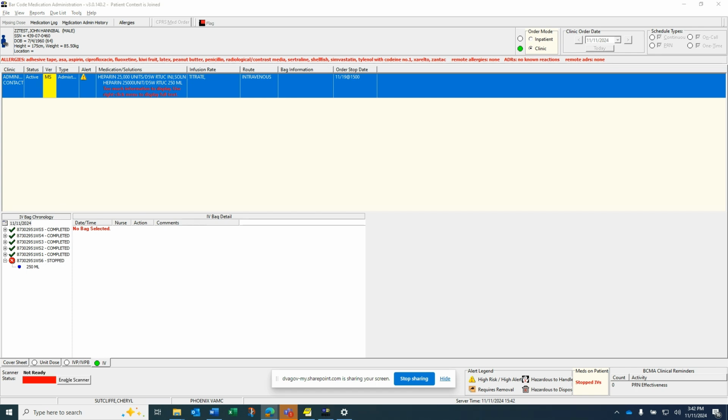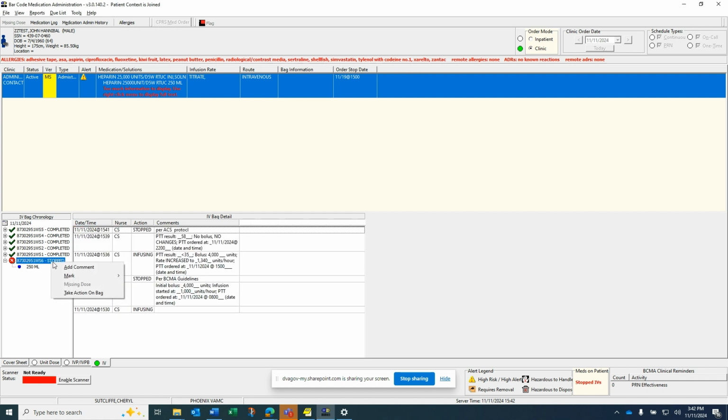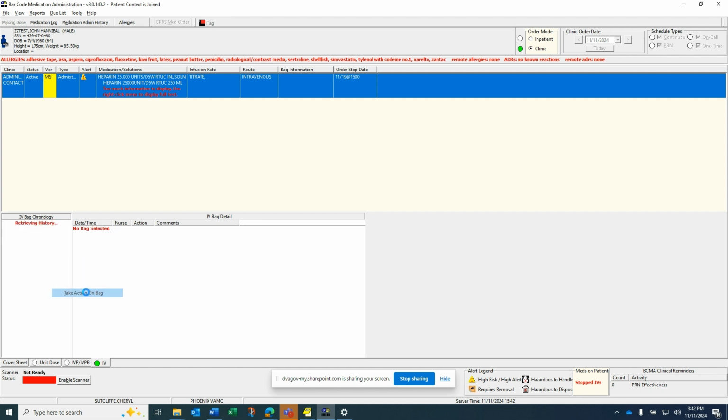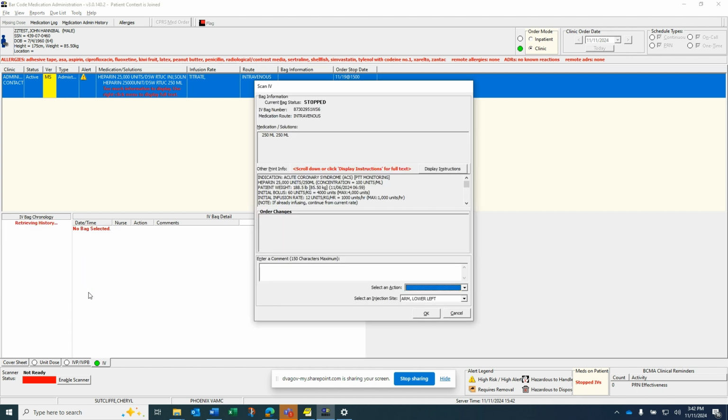Ensure that you stop the Alaris pump for 1 hour and set your timer for an hour. After an hour, restart the heparin drip by going back to the stop bag, right-click, take action on bag, and choose Infusing. In the dialog box,